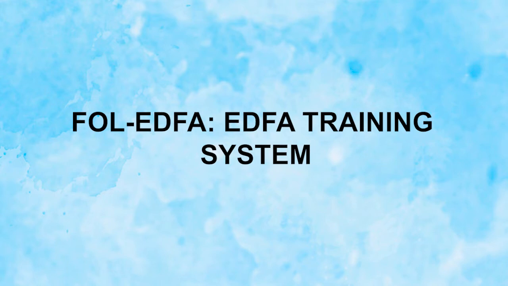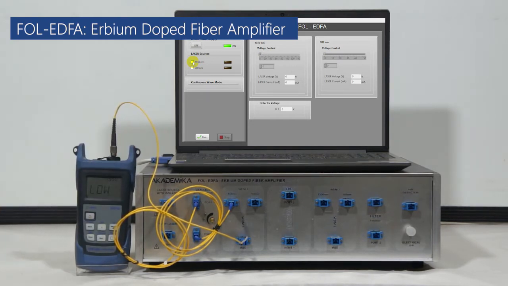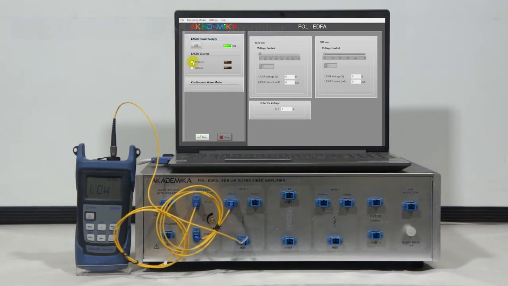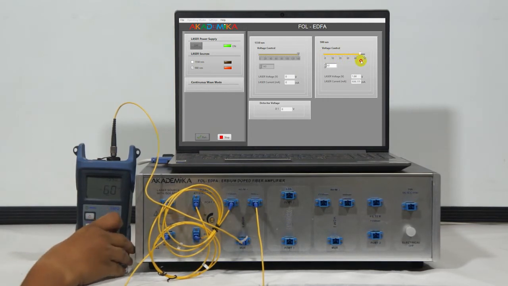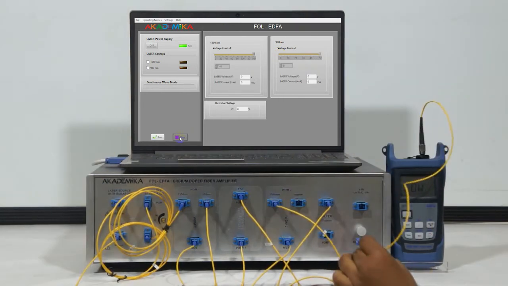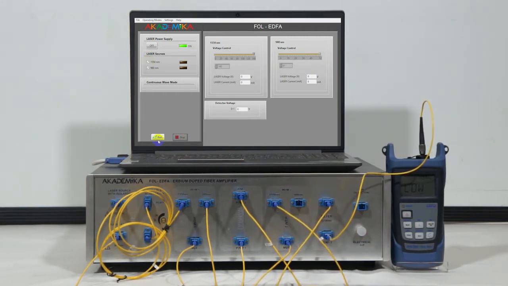FOL EDFA, EDFA Training System. FOL EDFA is a benchtop module with building blocks of an EDFA system, which allows students to experimentally investigate the principles and characteristics of optical amplifier in C-band, like small signal gain, gain saturation, saturation output power, pump saturation, and